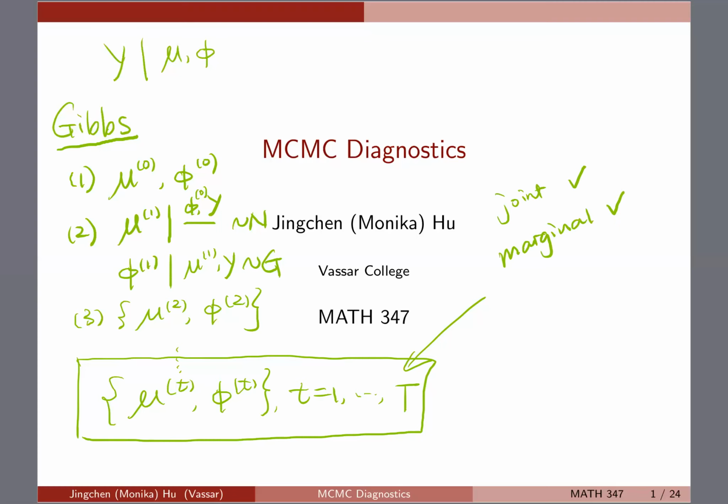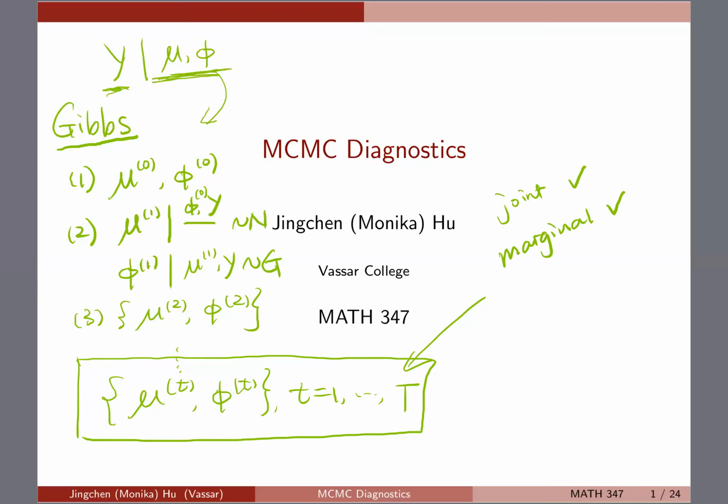Say now I'm doing a Bayesian analysis for some data, and I put independent priors on the mean and the variance or the precision, and I use a Gibbs sampler. In the end, the questions I want to answer may be: what's the mean like, or what's the precision like, or what's the joint like? The Gibbs sampler guarantees you that once you have done it properly, which means that it needs to pass all the diagnostics, which is what we're going to talk about today,